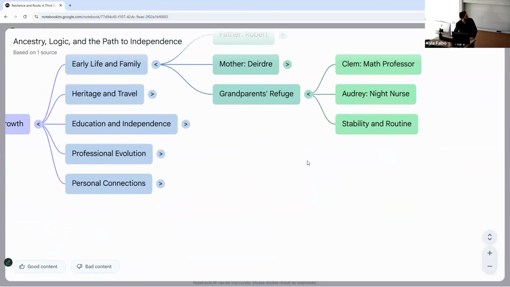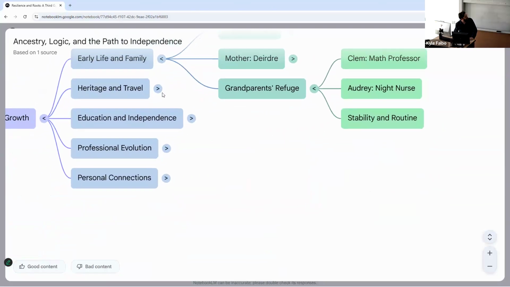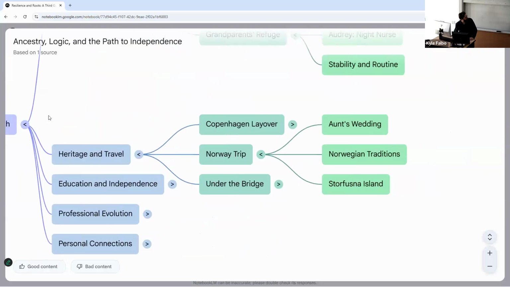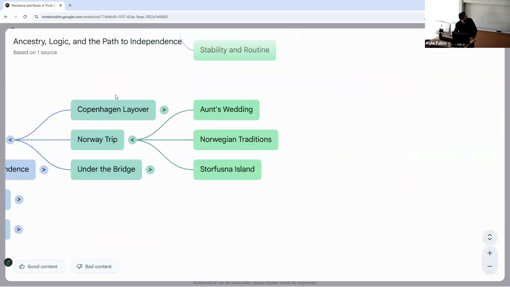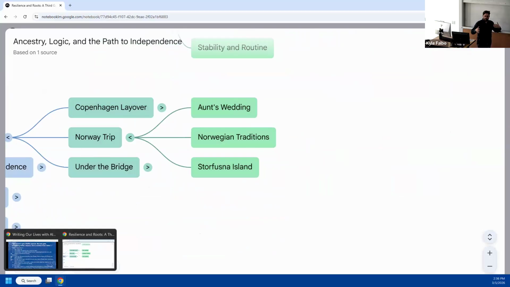If I go into heritage and travel, it takes me into my story of the Copenhagen layover, the Norway trip, the under-the-bridge story, and then on the Norway trip, my aunt's wedding, Norwegian traditions, and the island visit. So there's underlying nested structure built into the document that it identified.